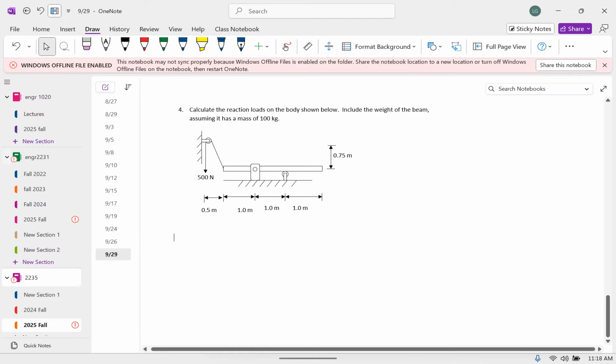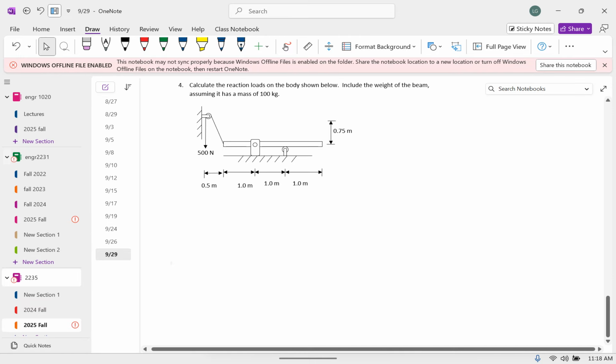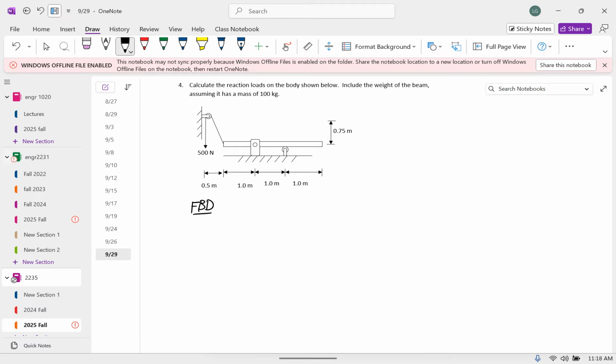The nice thing about 2D is you only have 3 equations and 3 variables. So I'm going to start with a free body diagram. Why don't you include the pulley? Well,